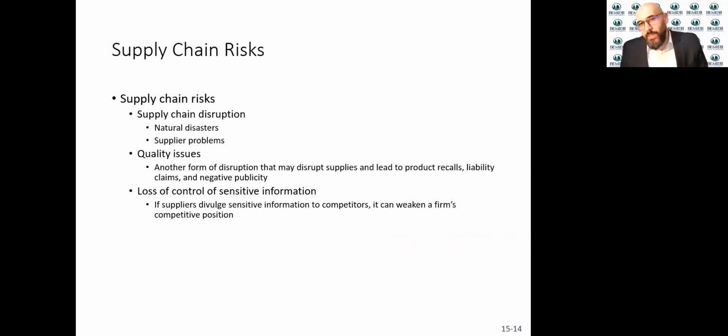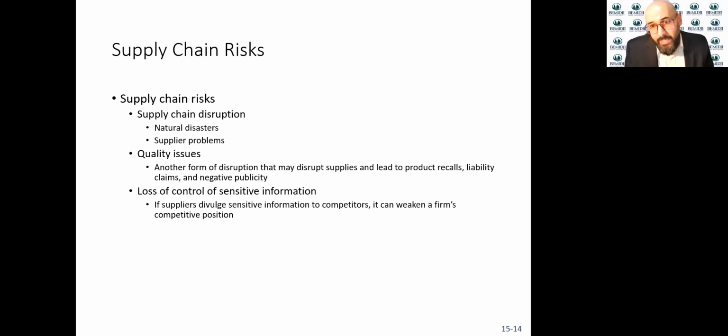All right, so when we talk about supply chain risk, it happens because of disruption in the supply chain, quality issues, or loss of control of sensitive information. If we have disruption, it could be a natural disaster. We're facing it right now with COVID and beyond COVID as well. Supplier problem: maybe the supplier has their own issues, so we have to consider switching supplier if possible. Quality issue, maybe there is